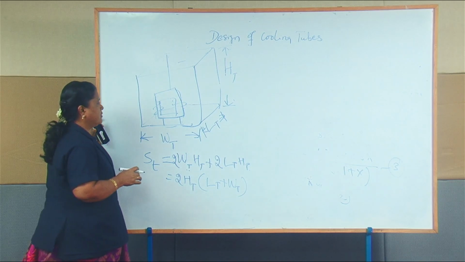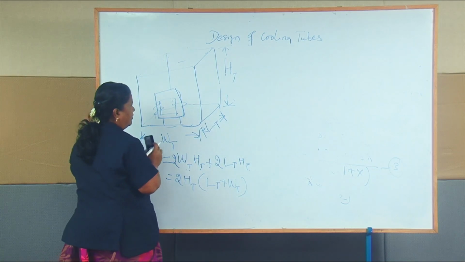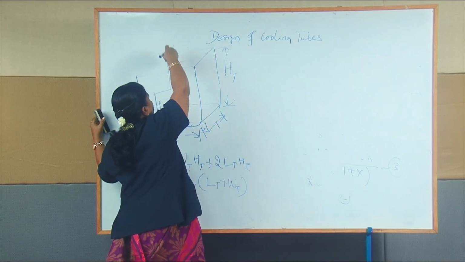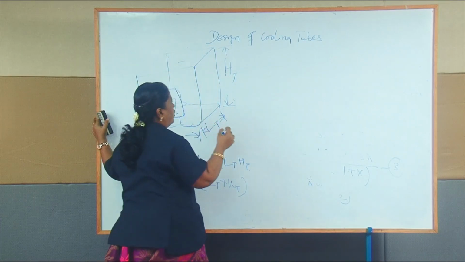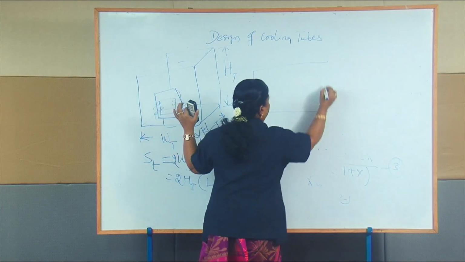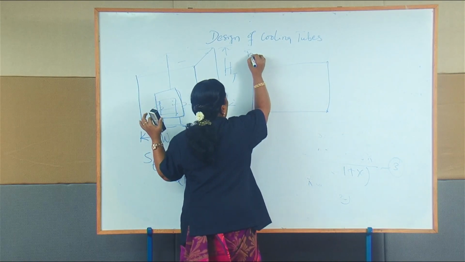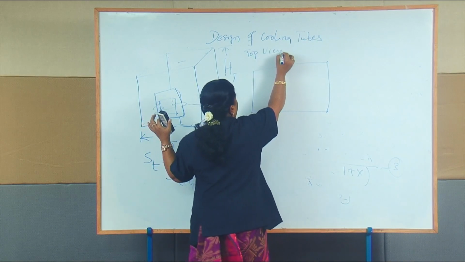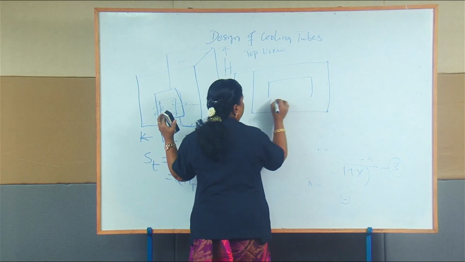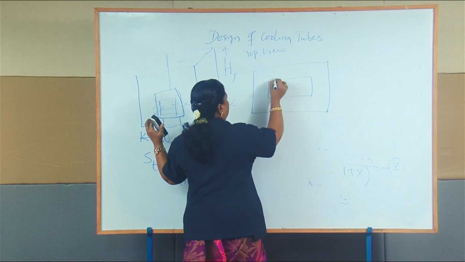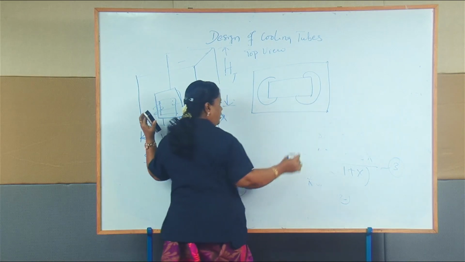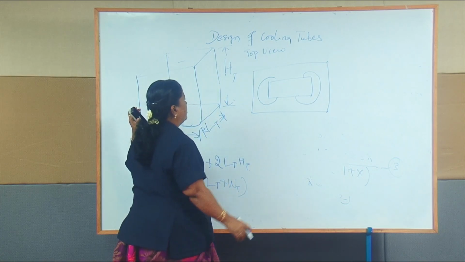If I try to view the top view of a single phase transformer, I can see it like this: the transformer frame and the windings. This is the top view